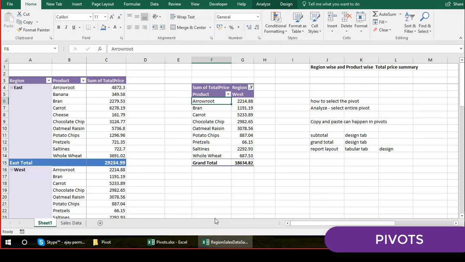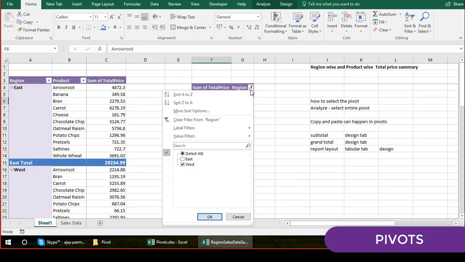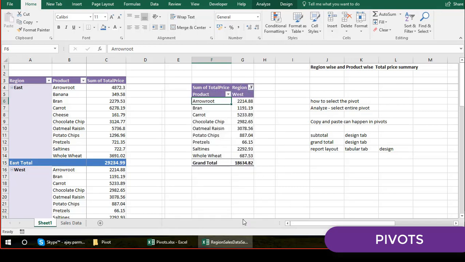Okay, so that is why I was telling you that when you make the pivot, it is easy for anyone. Maybe they don't know Excel, maybe they don't know the formulas, but they can quickly go and choose the different things from here. This is how it is, guys. Okay, now do we have any questions so far?